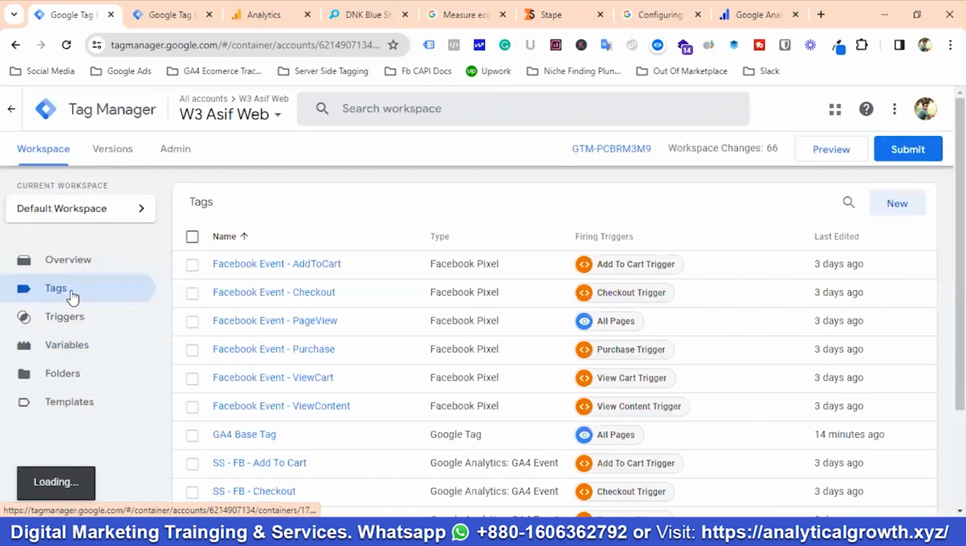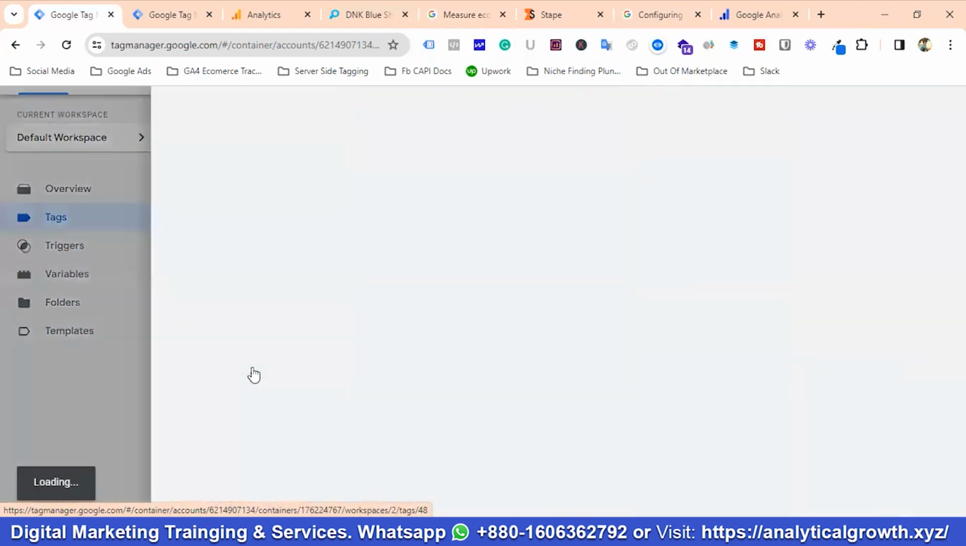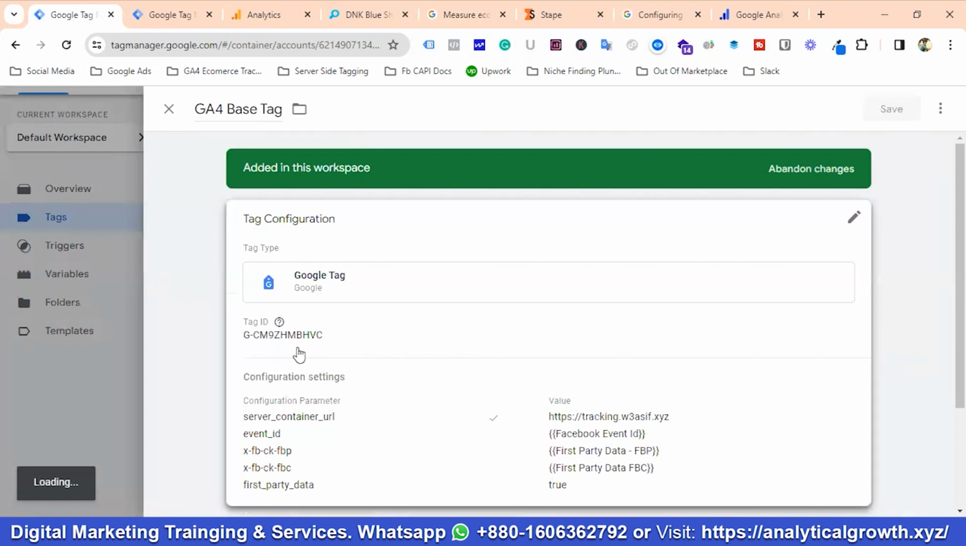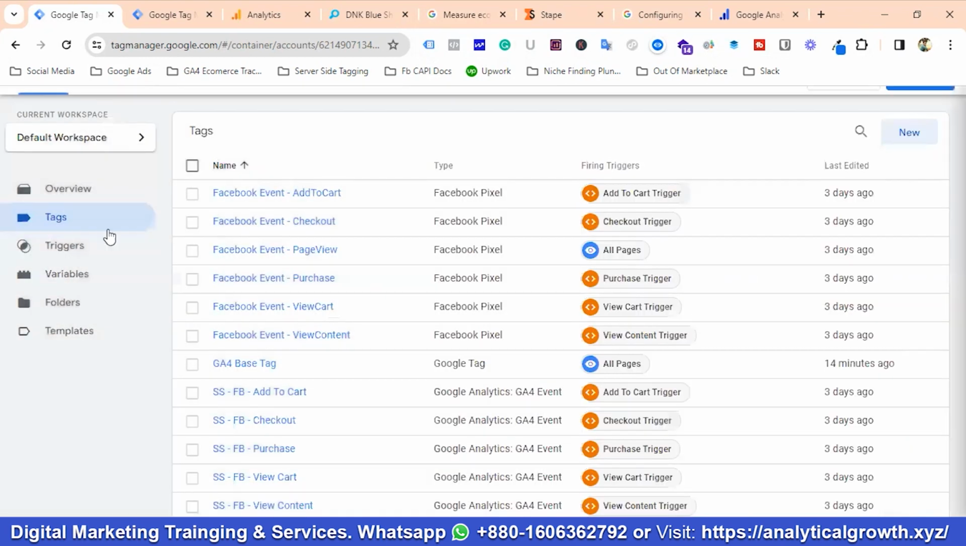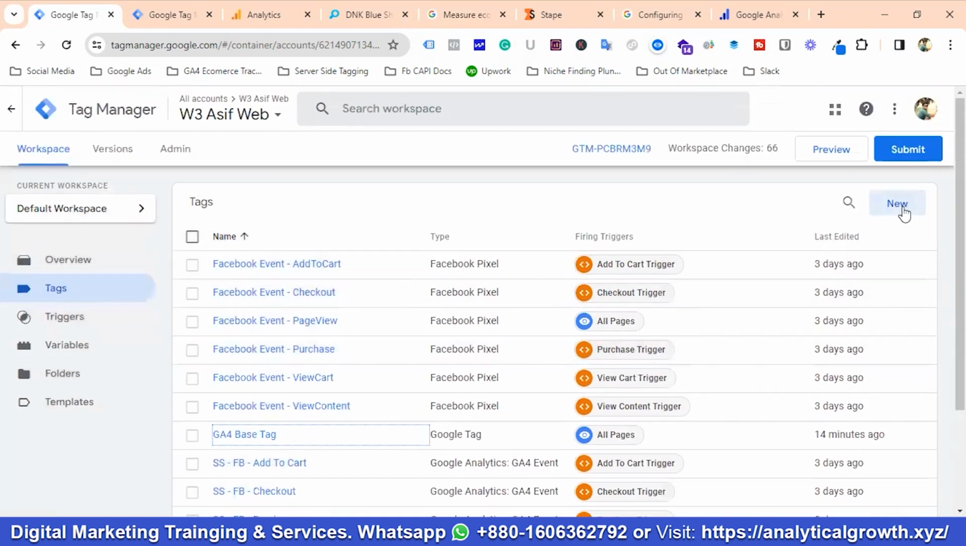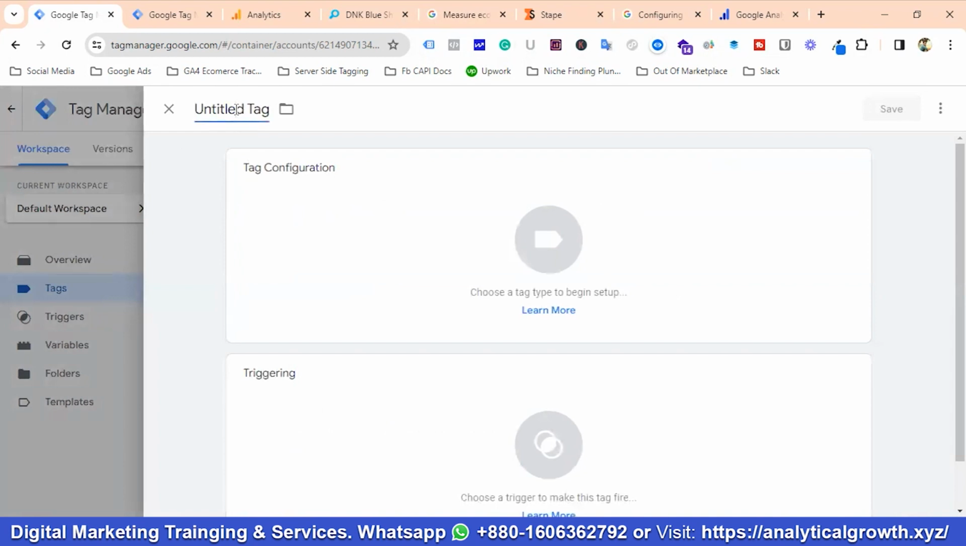Then I'll go to the tag section here for base tag. Let's see if we are using the same or not. So if I paste it, yeah, we are using the same. So we are in the tag section. I'm gonna click on new and I'll name the tag as GA4 event name